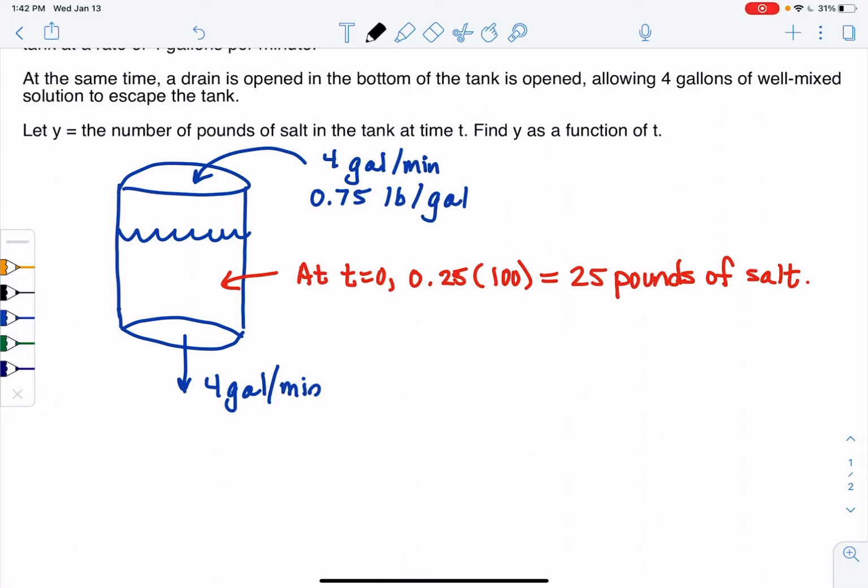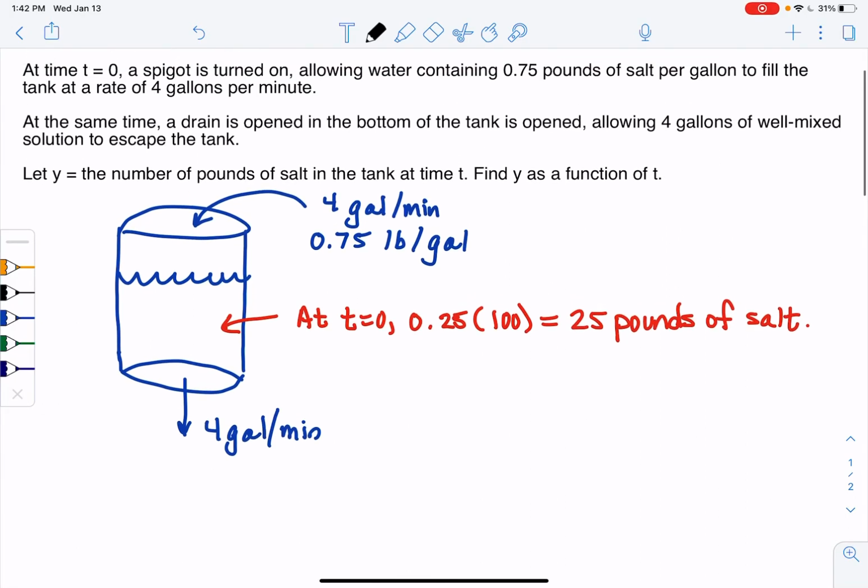All right, so in this video, what we're going to do is look at water flowing in and out of a container that contains a salt solution. We have an initial salt solution, and a more heavily concentrated solution pumping in, with the amount of fluid going in at the same rate as the fluid is coming out. So this means that there's always going to be the same amount of fluid in this container, even though the